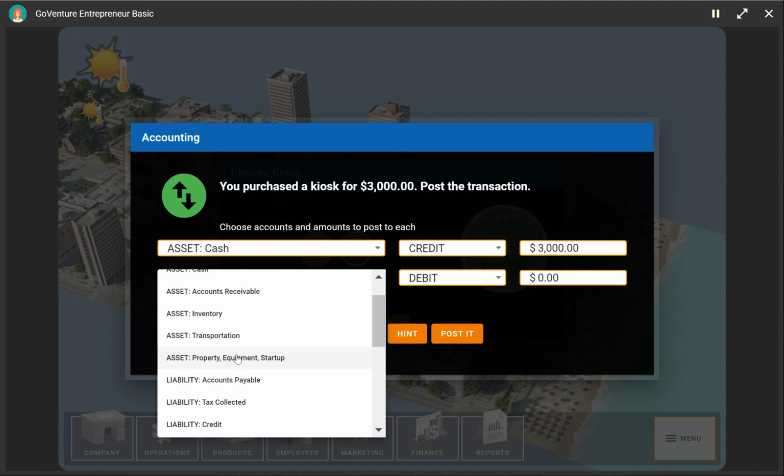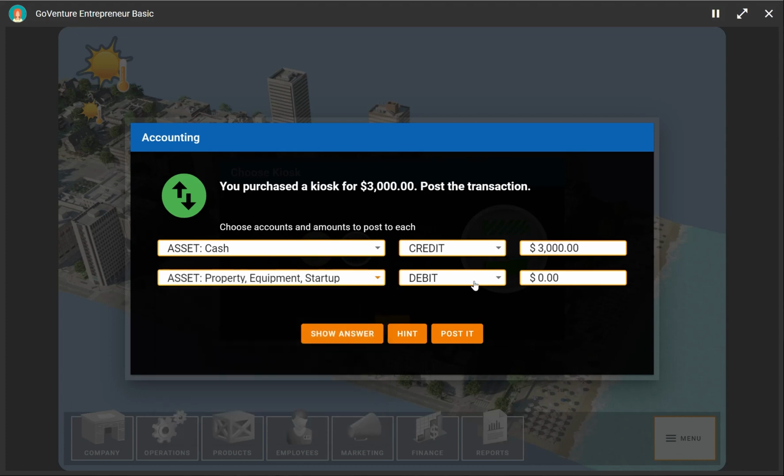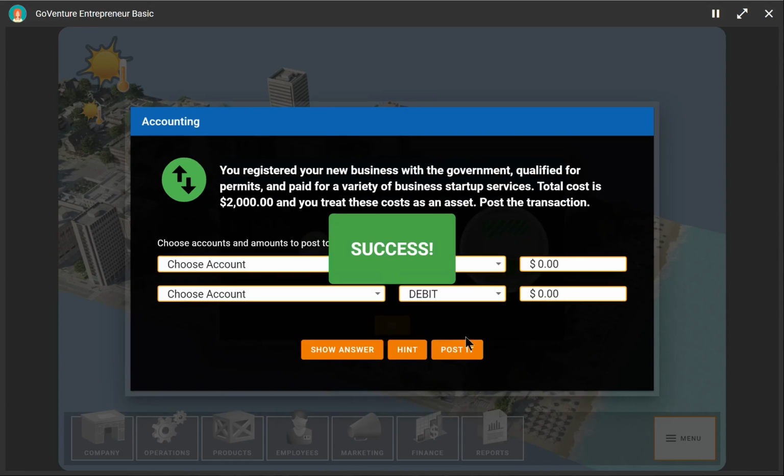So it's an asset that's equipment. And when we increase an asset, we debit it, so we're going to debit the $3,000. Basically what we're doing is moving $3,000 of value from cash, by crediting cash, and moving it to be an asset, a debit of $3,000. So let's post that. Success.